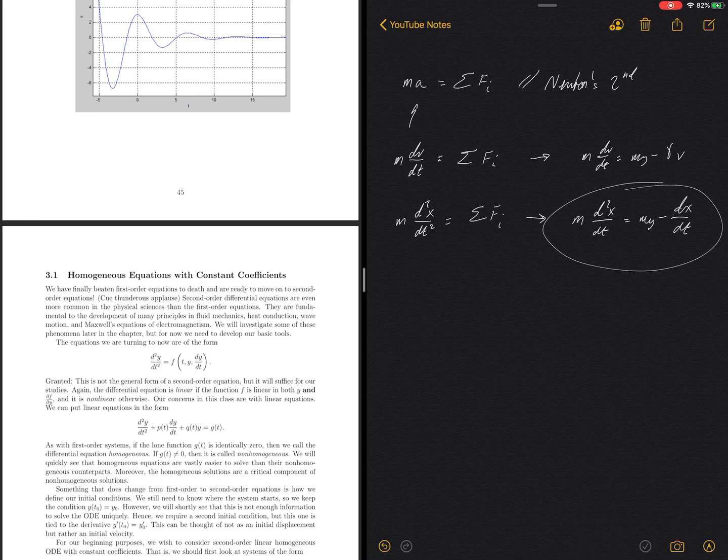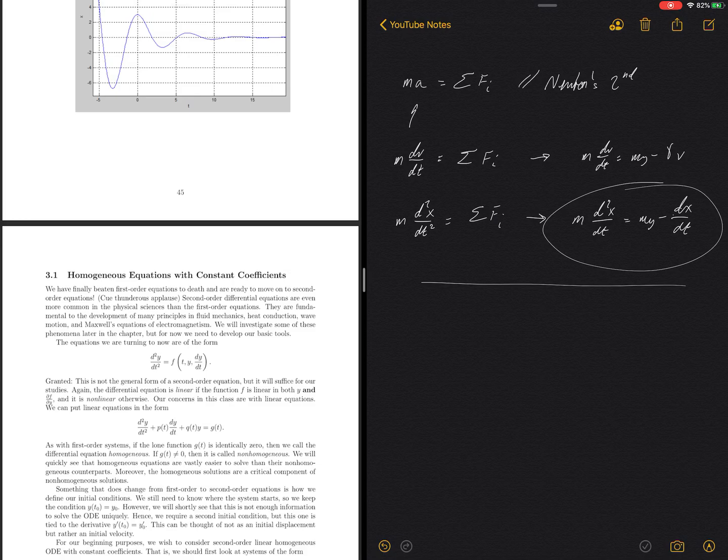You could also look at second order equations when you start studying fluid dynamics, heat conduction, wave motion, Maxwell's equations for electromagnetism. All these phenomena can be modeled via second-order differential equations. Some of them as PDEs, but many of them as ODEs. So this is a good reason for us to start studying second order, because Newton's second law is actually a really great